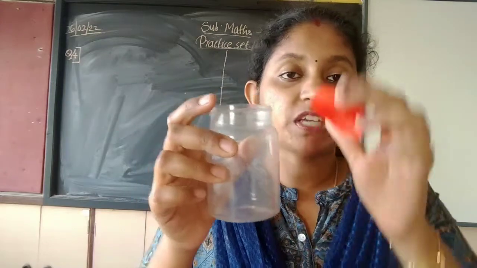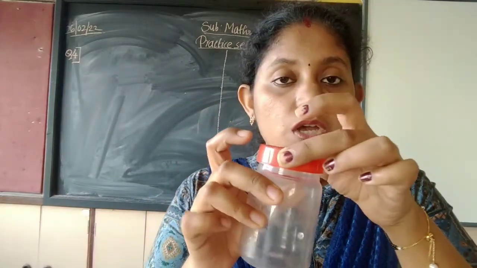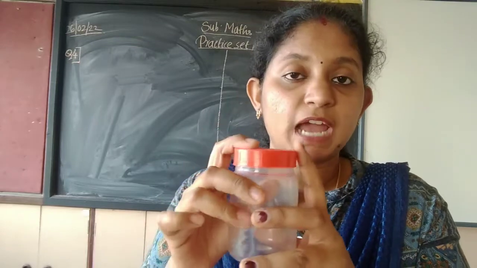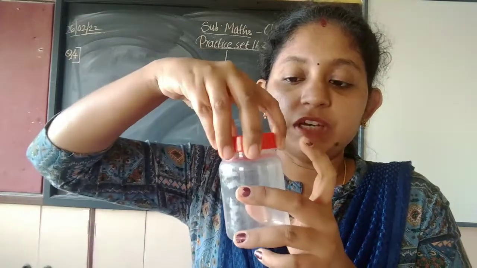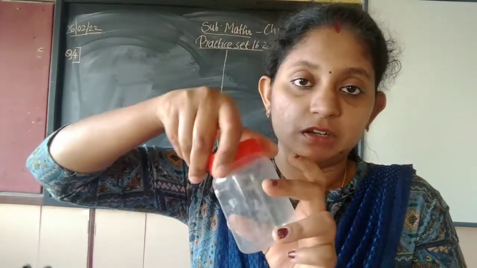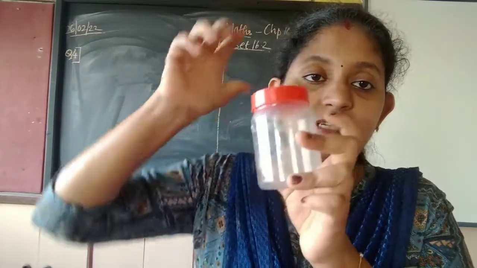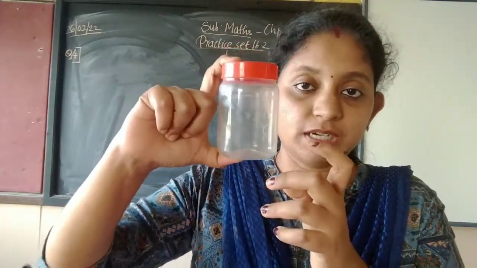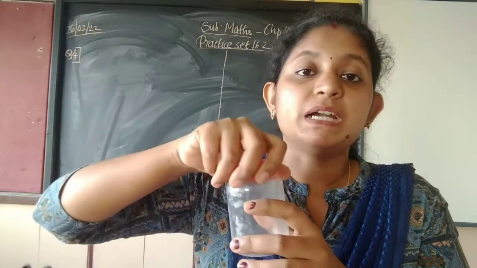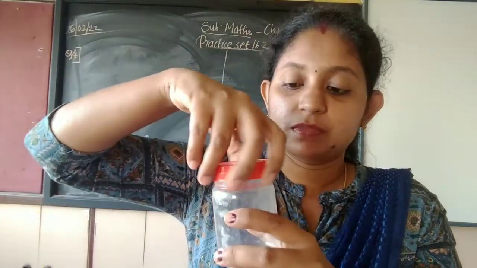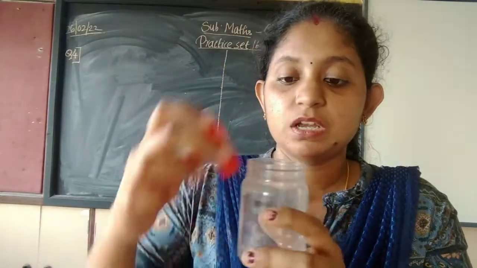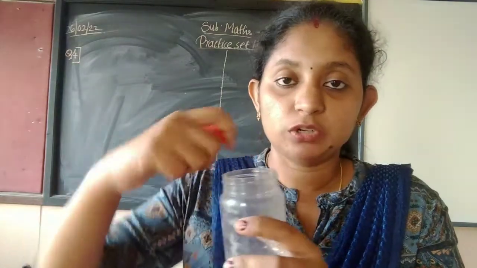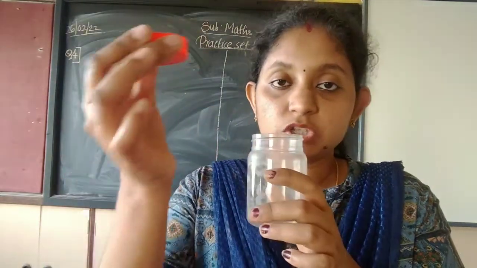Why? Now suppose the radius is not the same, what will happen? Will this lid perfectly fit in this? No, it will be bigger, right? And it will not be placed tightly here. It will be a little bit loose. Here we can place it tightly because the radius is the same for this container and the lid. But what if the radius is smaller than the cylinder? Easily it will go inside the container, so we cannot close it, correct? So what does that mean? Radius of the lid and radius of this container will be the same.